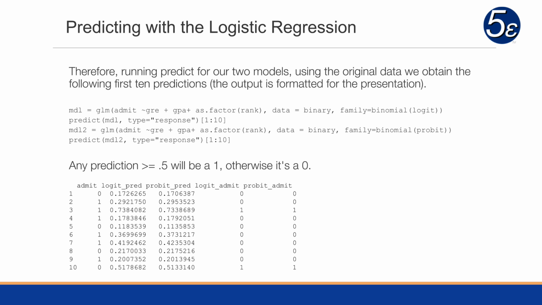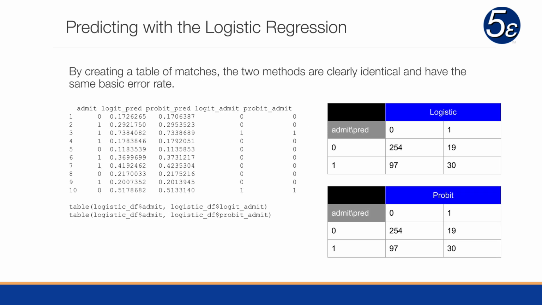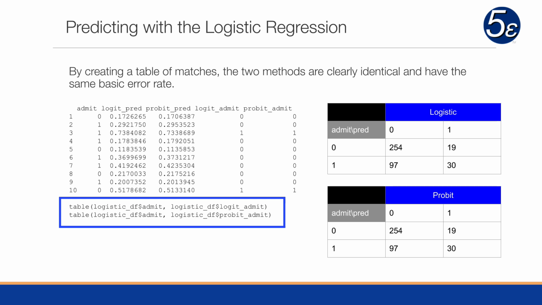And so the numbers for the predictions generally match, where they would be a 0 or a 1. Now, its accuracy is really going to be based on whether or not the Logit predicted an admit and the actual was an admit. Let's see how we can look at those. By creating a table of matches, the 2 methods we can see are clearly identical, and they have the same basic error rate. What we do is we create this cross-tabulation to determine when the logistic model predicted a 0,